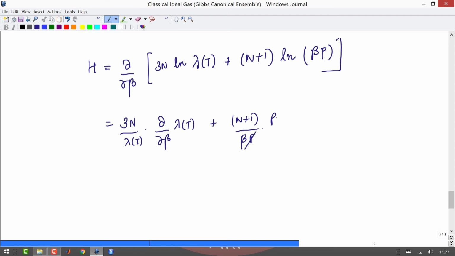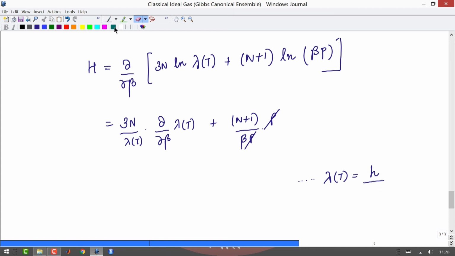You can straight away knock off these two P's, and since our de Broglie wavelength was given as h upon square root of 2 pi m k_B T,